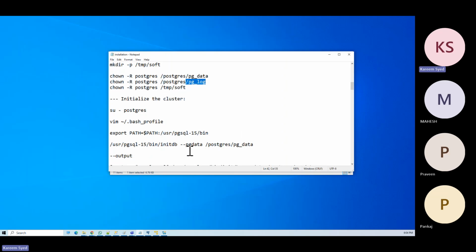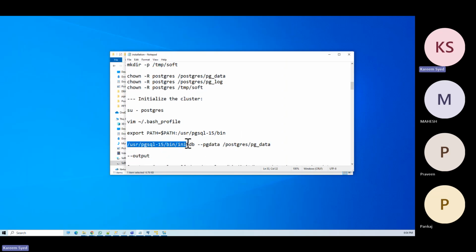We'll go like this to initialize the cluster. Sir, the owner will be only postgres colon postgres, like in Oracle we give oracle colon oinstall or dba. Here only postgres colon postgres we need to give. Same, okay, correct. So before that, we can check that user with id postgres. We can see the group; by default it is postgres. Fine. Then, sir, this initialization will actually create the cluster in this location, which is our data directory,